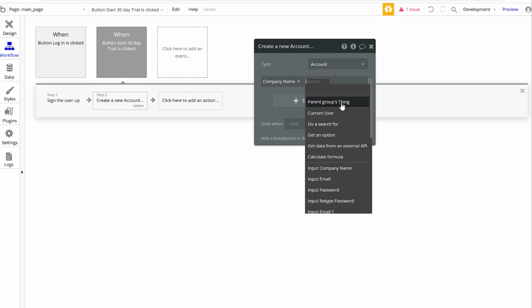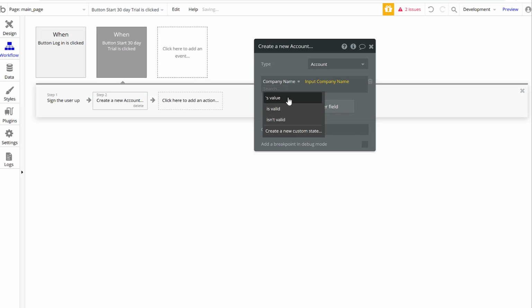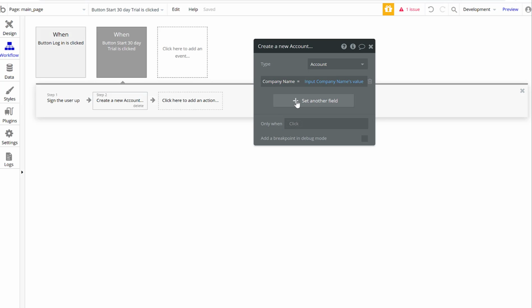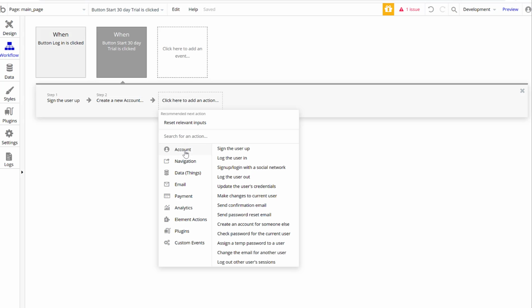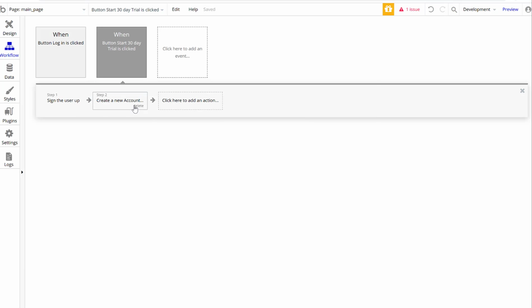And then it will bring in the input company name's value. I am doing this in a certain way because what I want to do is have a user sign up, create an account, and then I want to take that user and attach them to that account, right? So first I have to sign them up. Actually, you know what? I could just create the new account. Yeah, so I'll create the new account, then I'll sign the user up, and then